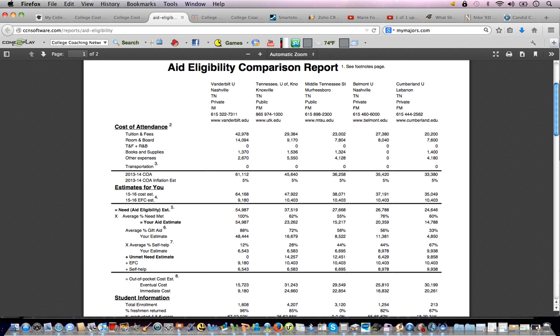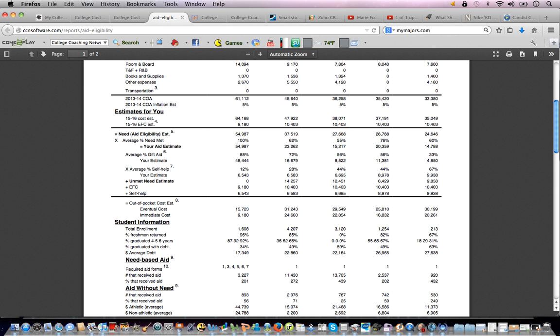So what they do now is they look at what's called the EFC. The EFC is what the government says you have to pay in order to send your child to college. This is what you're expected based upon your income and assets. So we'll calculate that for you and give you the estimated amount of what that EFC would be for you and your family. Okay, so now if you go down a little bit further, you'll notice here you now subtract the EFC from the COA, which is cost of attendance, and now you have what is called aid eligibility. You normally don't get this information until you get accepted into the school, and then you get your